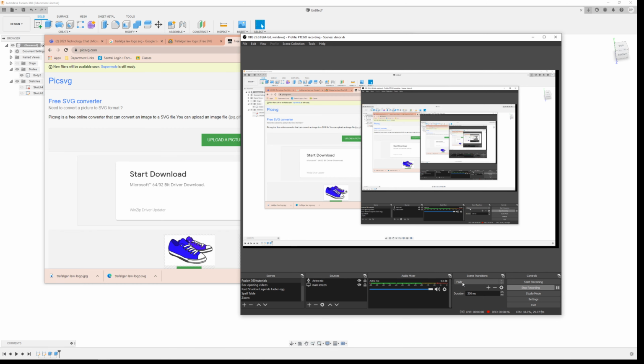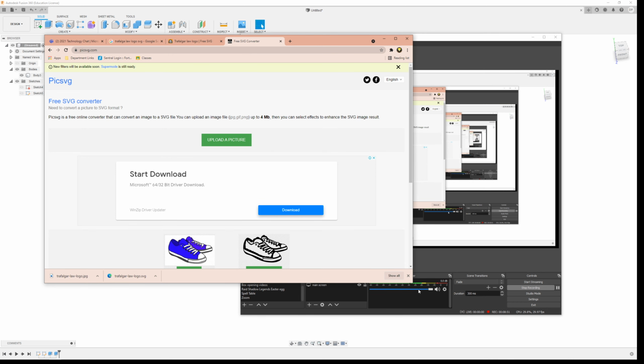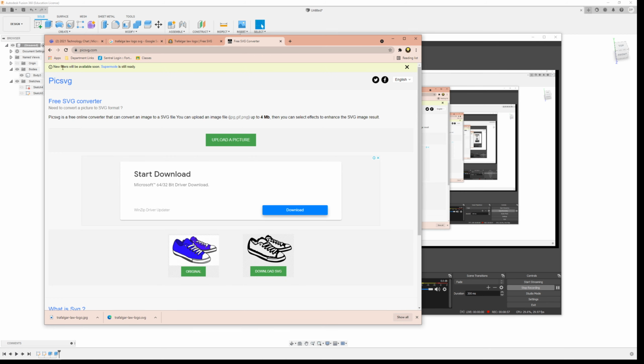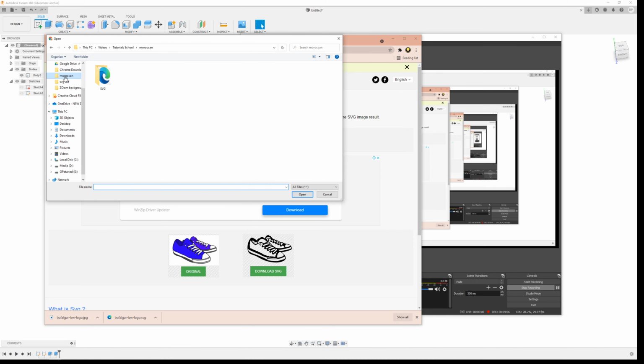If your image is simple enough, so it's already like a stencil, like that image I had there was just two colors, yellow and black, you can use online websites to convert it. So this over here is picsvg.com. I'll put the link for this in the Google Classroom. And you can just upload a picture, so we could upload over here,